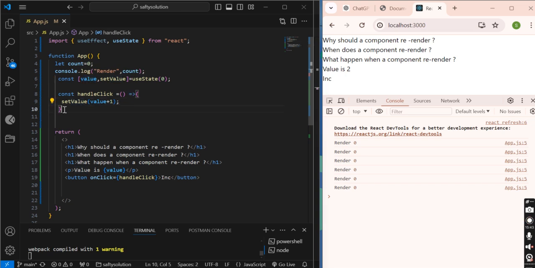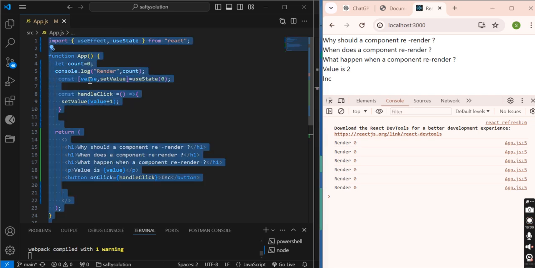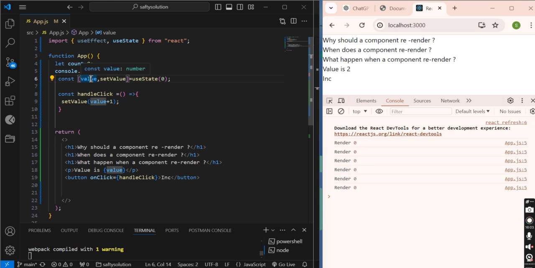So when this method finishes executing, the component re-renders and useState returns the value 1, stored here in value. Now it has become 1.